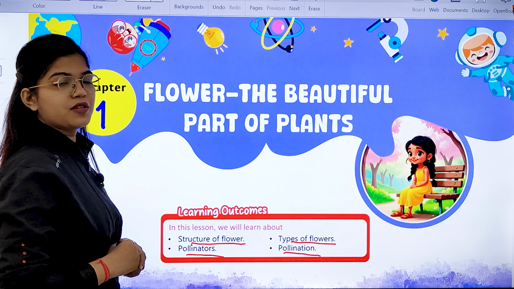You can see this is the structure of a flower, and in this the main parts of the flower have been shown to you, that is a male and female part. You can see this part, this is known as pedicel, okay, and then this whole part is the whole female part of a flower, which is composed of three parts. The above part is known as stigma. This long tube-like structure is known as style, and this swollen structure at the base is known as ovary. Inside this ovary, they have tiny eggs known as ovules.